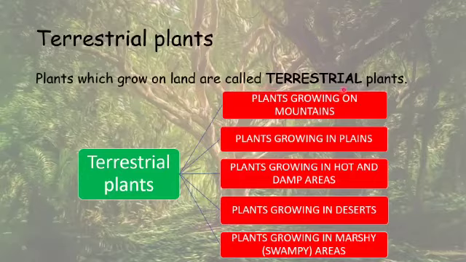Let us study about the different types of plants that grow on land. Plants growing on mountains, plants growing in plains, plants growing in hot and damp areas, plants growing in deserts, and the last, plants growing in marshy areas. Today we are going to cover the terrestrial plants. Okay, children? Now,